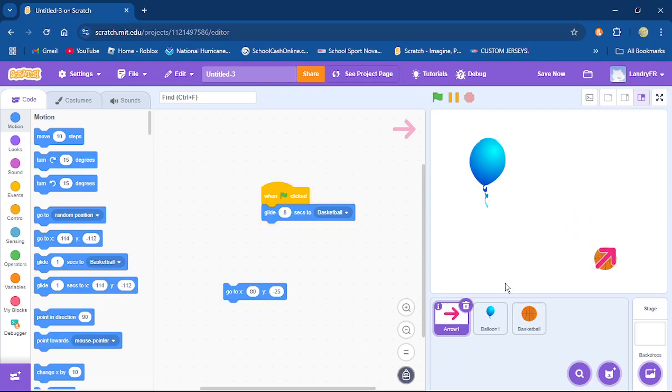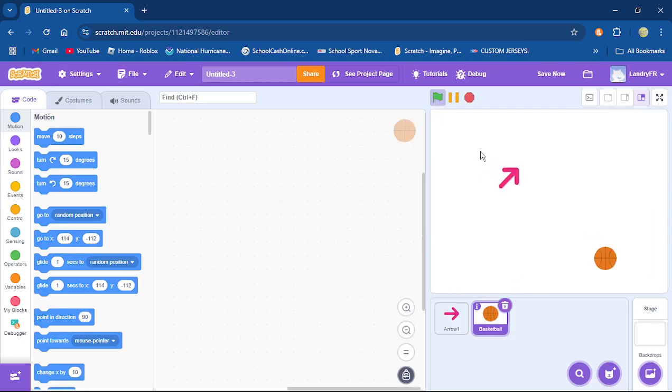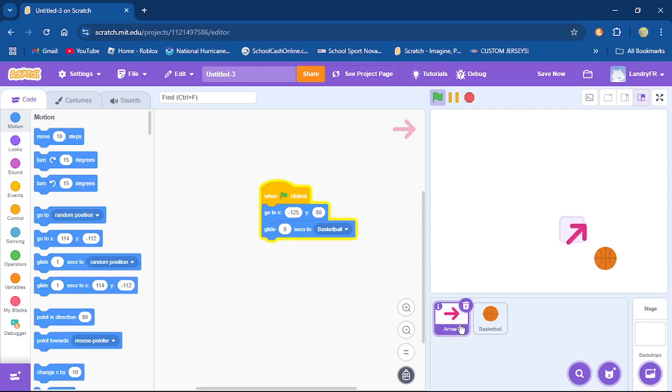So what would be beneficial for this is you start the position, let's say, at negative 125 for X, and for Y, so the Y-axis is up, we'll go up to 80. Basically, it's going to be up here where the balloon is. I'm just going to get rid of the balloon so you can see a little better. And now when I hit my green flag, my dude's going to go way up here to start, and then it's just going to take its 8 seconds to get back down to the basketball. That's what you would use.